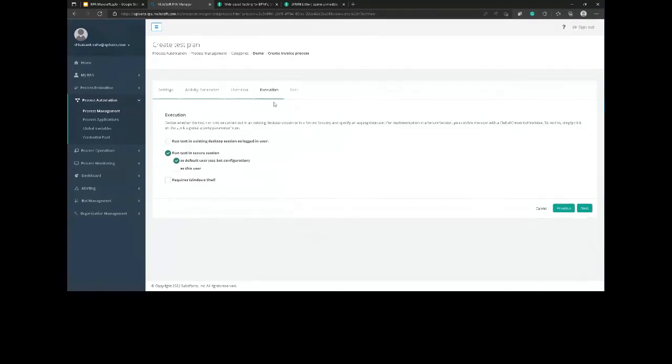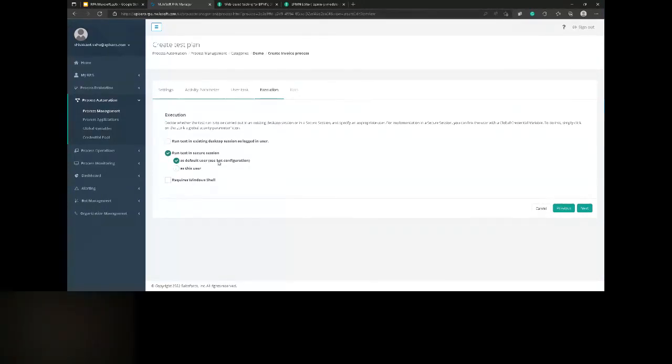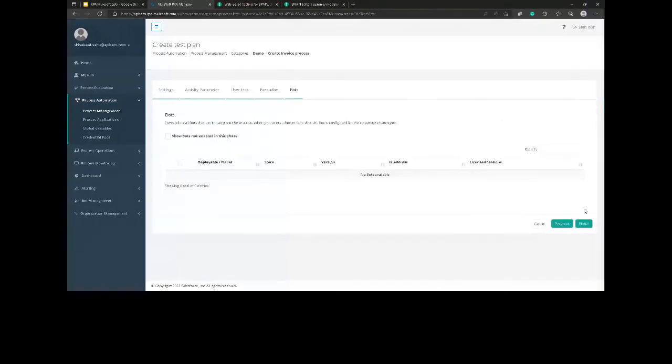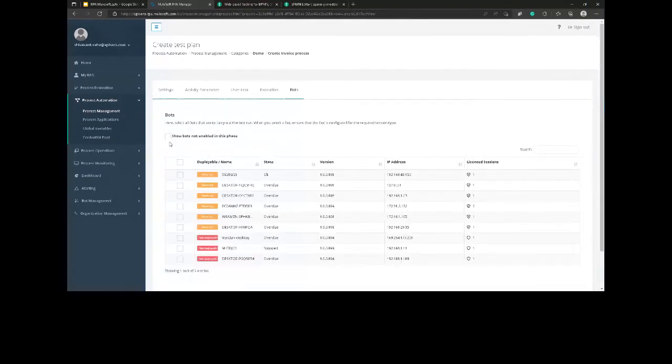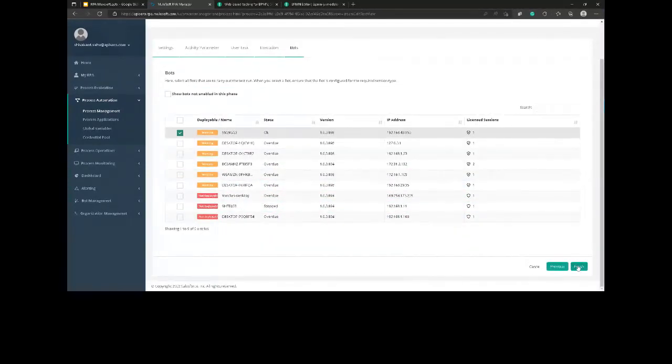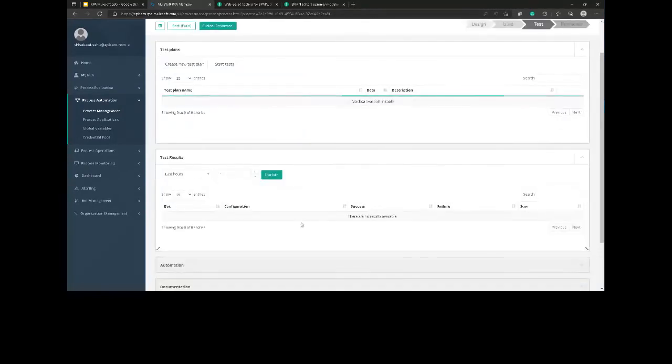Then execution: run test in secure session as the default configuration. Somehow it shows a warning, I guess, because this is deployed on my machine right now. So I can click on finish.